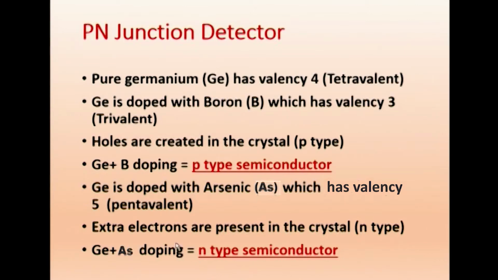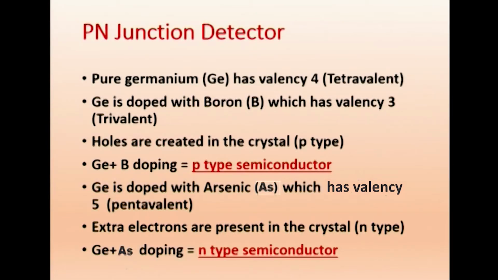Not only boron, we can select some other trivalent element also, and here also, instead of As, we can select some other pentavalent element. Just as an example we have given germanium with B. Similarly, instead of germanium we can even choose silicon. We call it Silicon Valley electronics. For semiconductors we use either germanium or silicon, and there are other materials also. So we have just given an example.